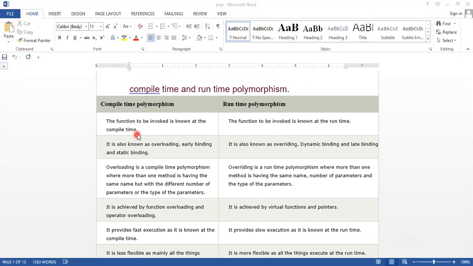Here the function to be invoked is known at compile time. Here the functions are invoked at runtime. It is also known as overloading, early binding, or static binding. It is also known as overriding, dynamic binding, and late binding.